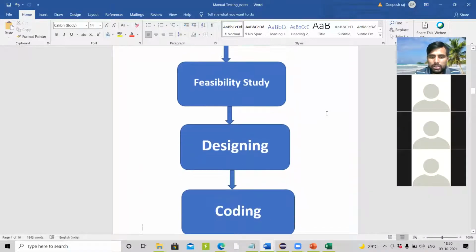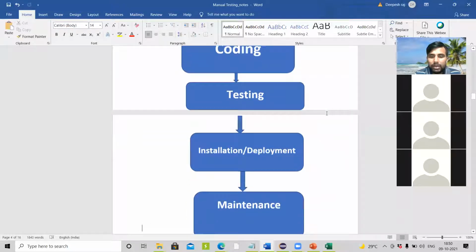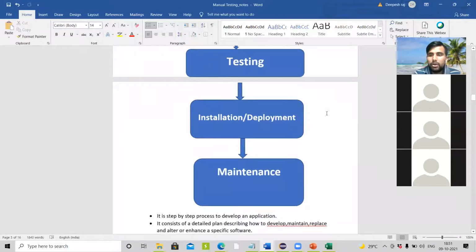If we have a requirement of 20 or 30 features, they are going to take 1 year, 1.5 years to develop the entire application, and the customers are paying us millions of rupees. It's not like they are going to develop it in 2-3 months. For 20, 30 features, they take time.